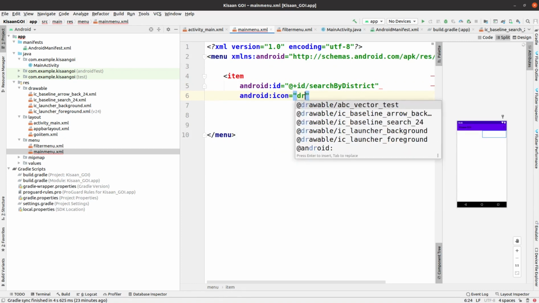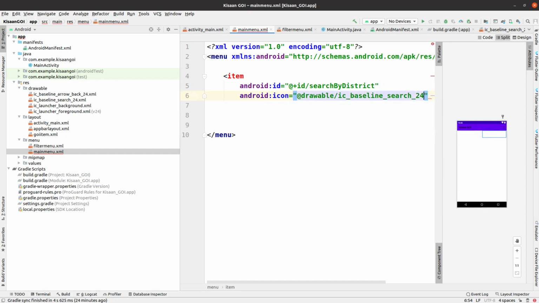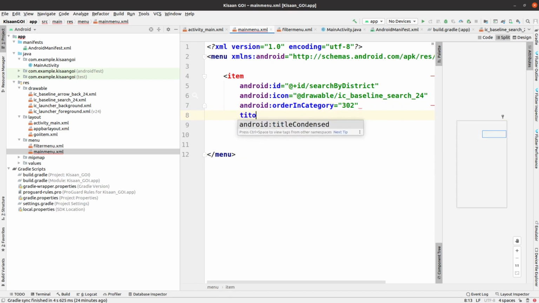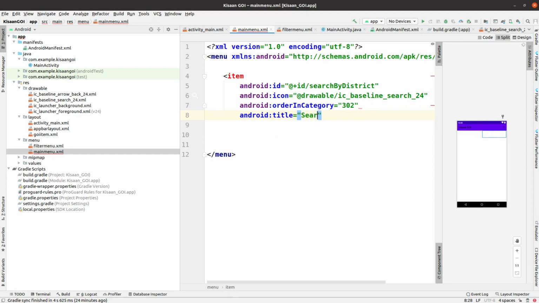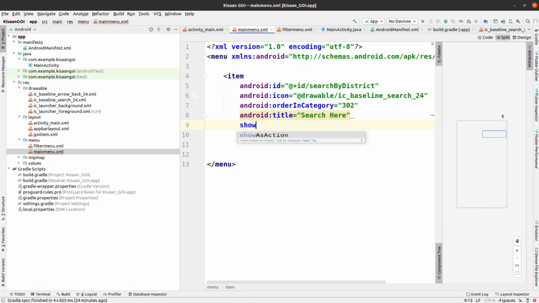Then I have to give the icon, so the icon which we have taken from the vector assets, I'm going to use it here. When you click on that search icon, a search box will appear and you just type the location and you will get the price and commodity, all these details listing of the commodities there.